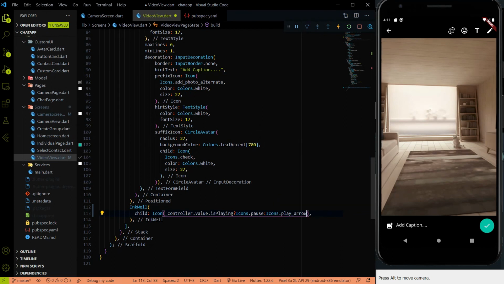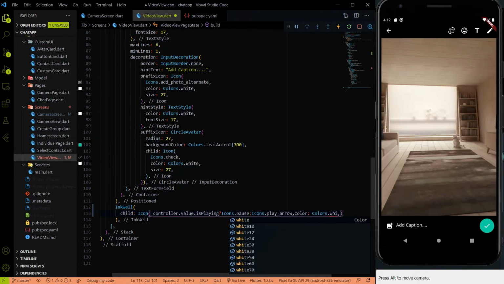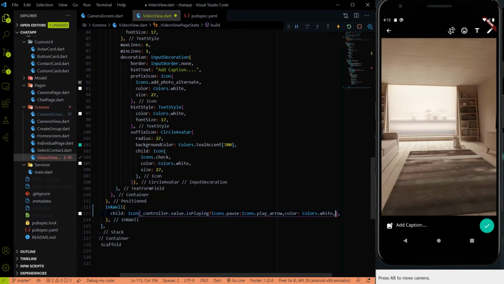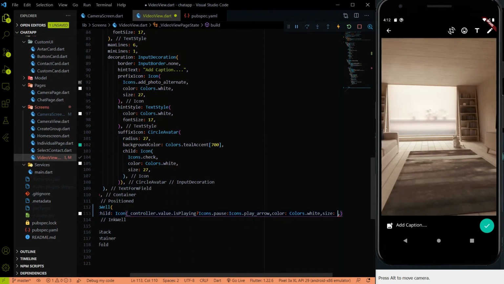And also we have to provide the color of the icon, which will be Colors.white. And also we have to provide the size of the icon, which will be 50.